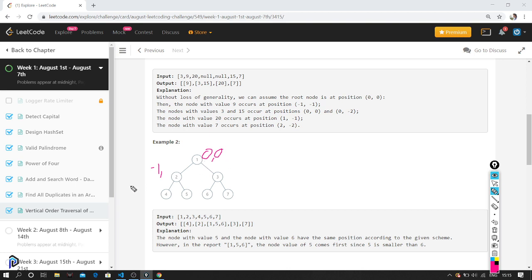It is in the 0th level. So we'll say this is the first level. Okay, 1, comma 1. This is 1, comma 1. This is minus 1, comma 1. Okay, so this would be minus 2, comma 2. When you're going to the right, you will be incrementing it. So this will become 0, comma 2.